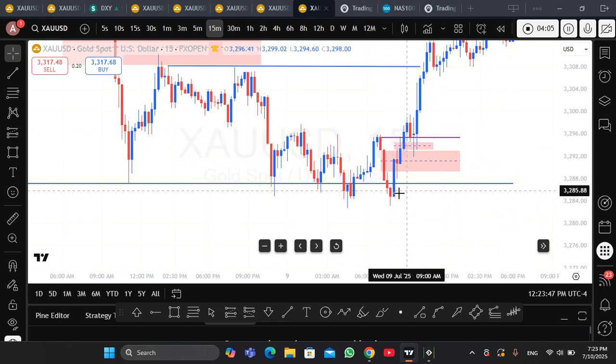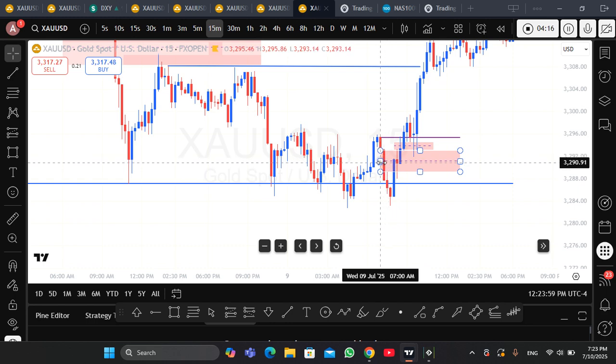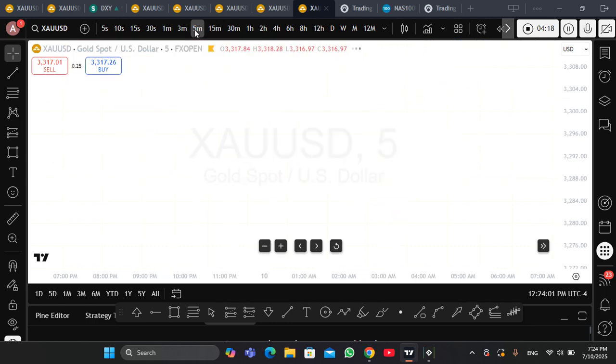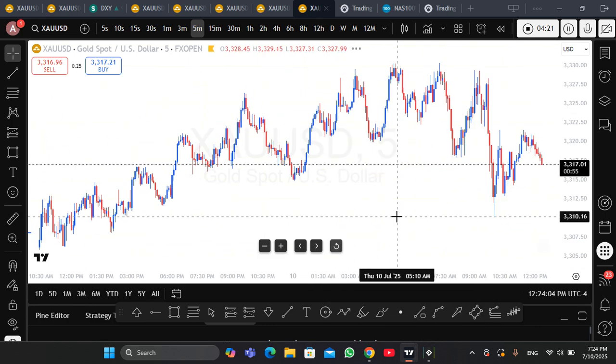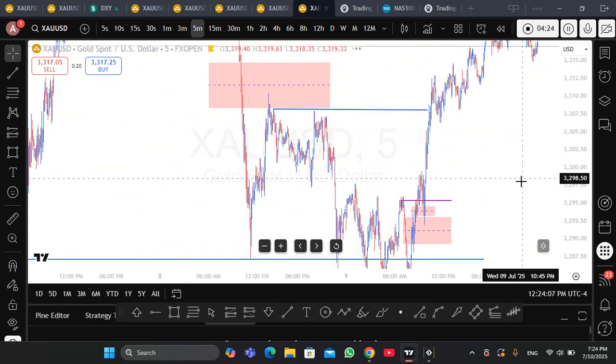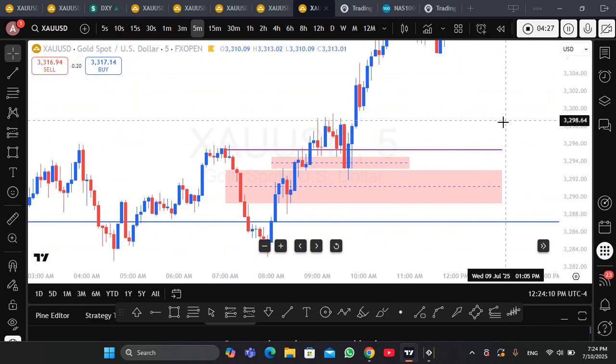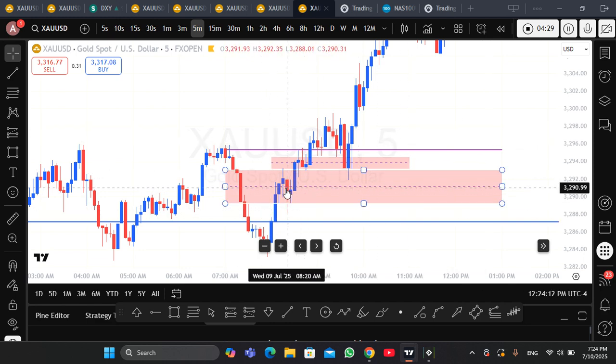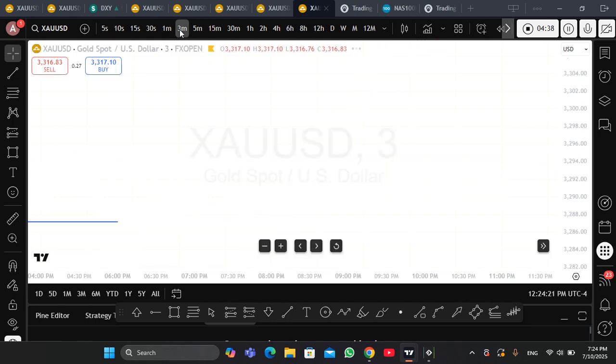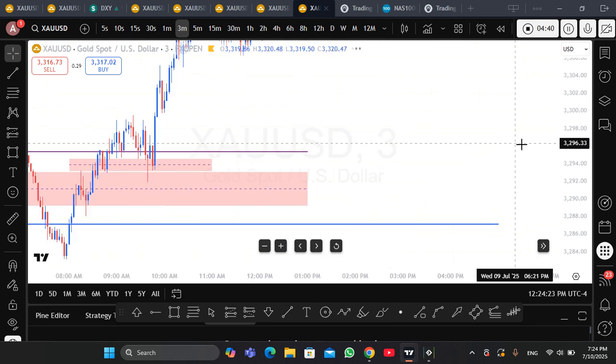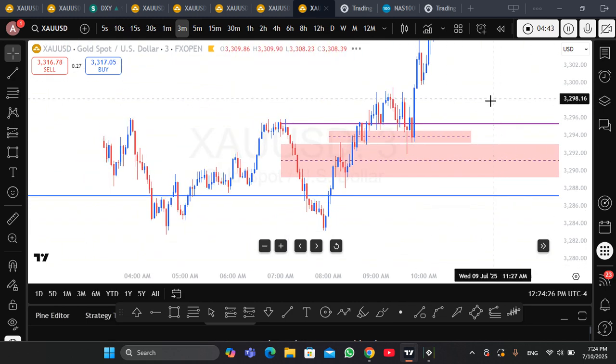All these factors happened here after the rejection: the market swept the previous day, and the change in the state of delivery, fair value gap on 30 minutes, inverted fair value gap with order block coalesced together in the same area and made this trade. You can see how beautiful it is. This is an order block that the price retouched again with the inverted fair value gap, and on 3 minutes it appears like this.